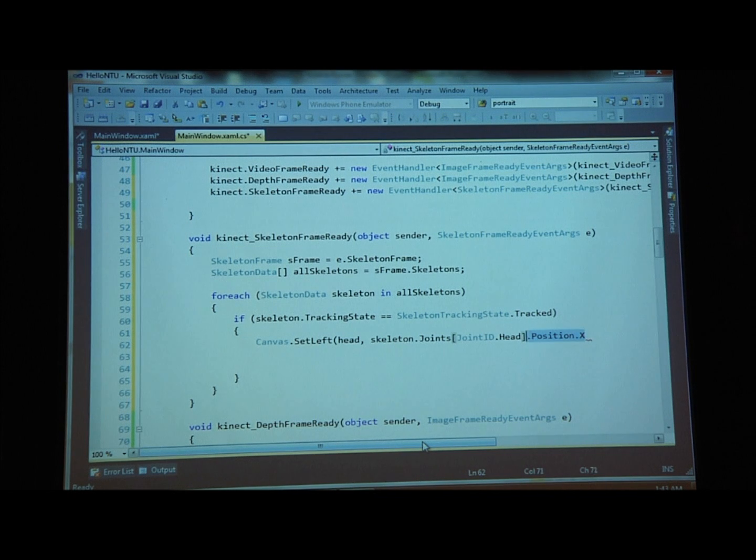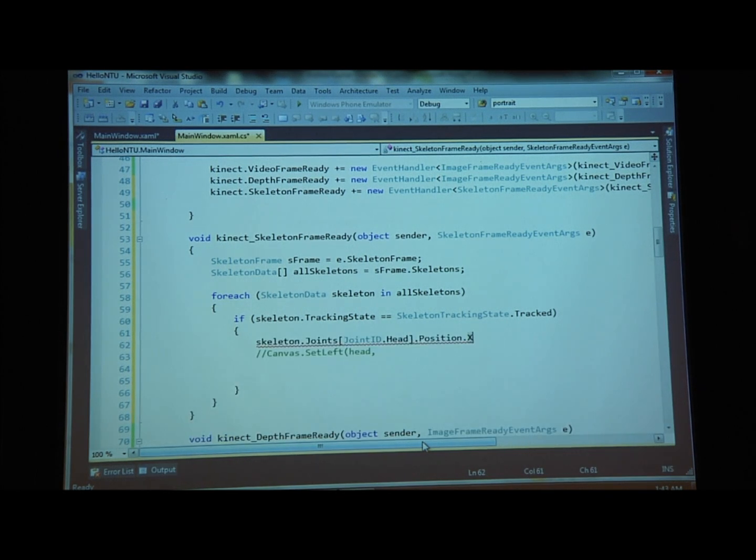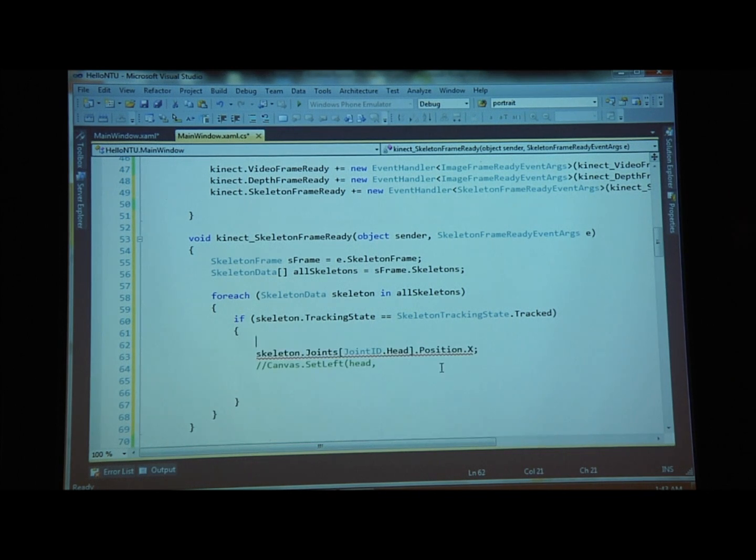Okay, before I do this, instead of making the code too complicated, let me talk about one small thing. The value of x that you get back is actually in meters between +1 and -1, depending on if you're to the left of the Kinect or right of the Kinect. Now, that doesn't really translate very well to the canvas resolution, which could be like 500 pixels by whatever, right? So the Kinect runtime offers a very cool method